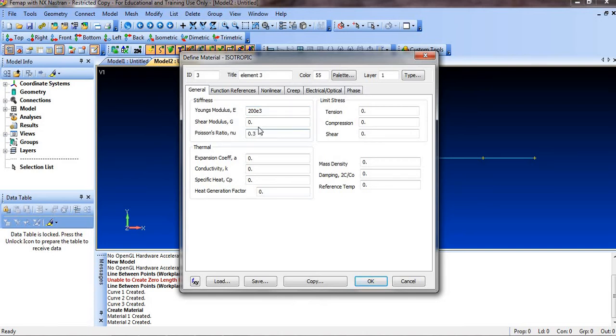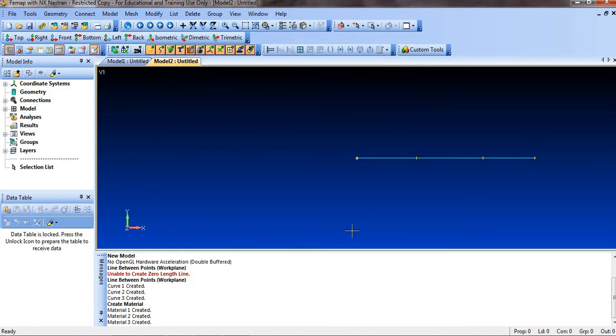Take Poisson ratio as 0.3. Then click OK. So do we have element 4? No, right? So element 4 is not there. So we will skip this step. Click on cancel.